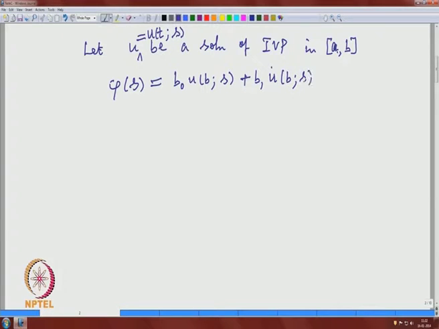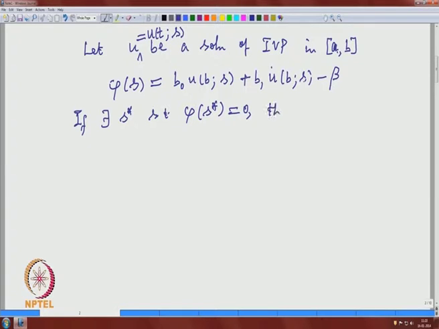Just notice that this phi of s is nothing but the second boundary condition. So, this is the conclusion we drew last time: if there exists an s star such that phi of s star is 0,